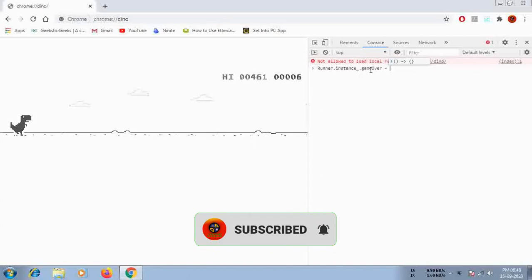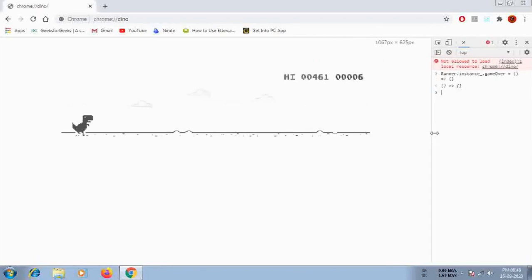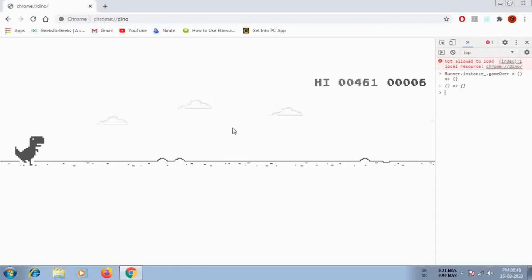As we learned in Java, we just mention empty parentheses and a space again, and here we need to type an arrow, one equal to symbol and one greater than symbol, and at the end curly braces. That's it, guys, and this is a single line of code which will really work. Just press enter, and that's it. Minimize or close it, and try to play this game, it will really work. Let me show you.